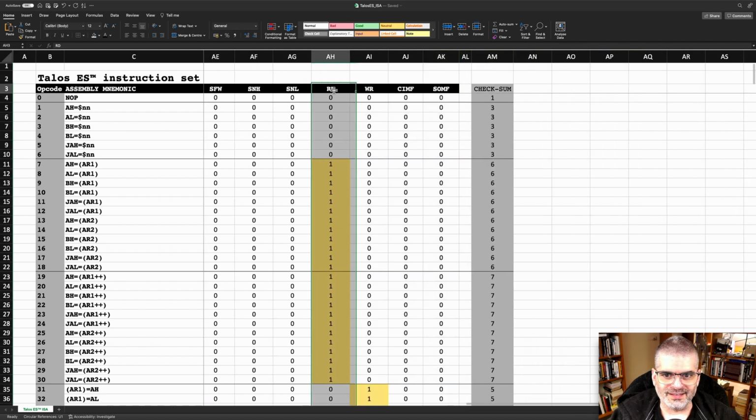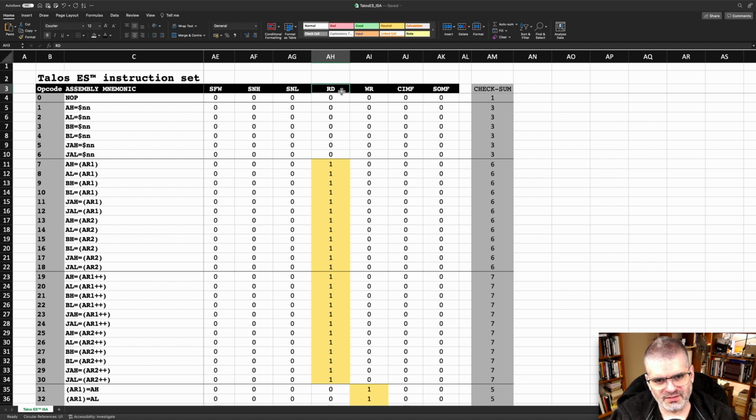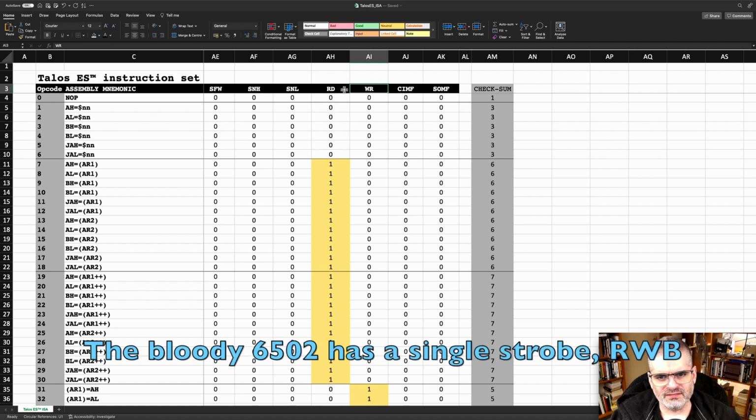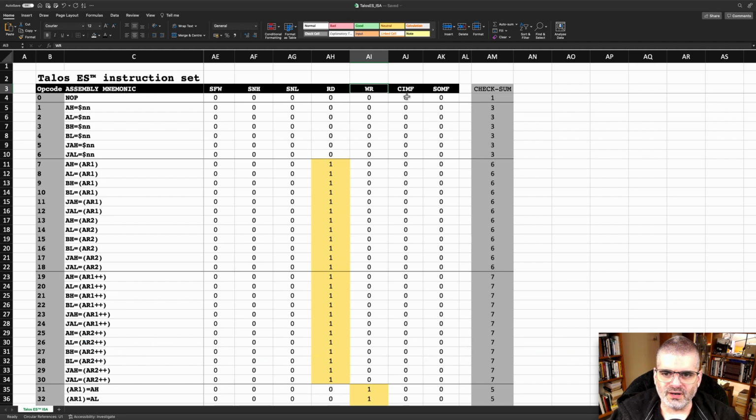This is read and write. These are control lines that go to the rest of the system, and they do exactly what they say they do. This is the read strobe. You send it to an external memory. Once the address is on the address bus, you tell the external memory, okay, now give me the contents of that address. That's the read strobe. That's the write strobe. Just like the 6502 and the Z80 have. These two are control lines. They basically mean